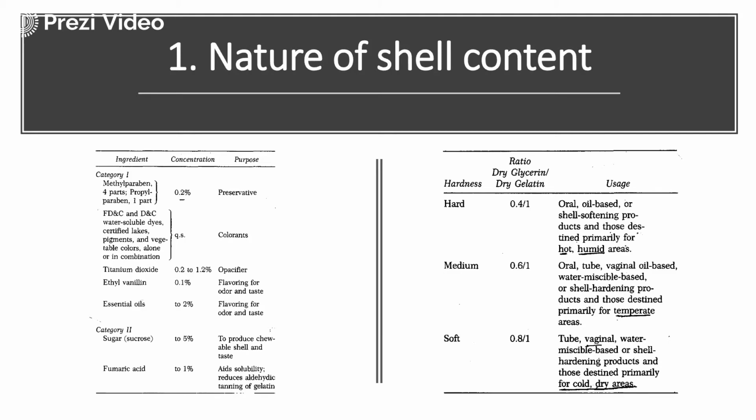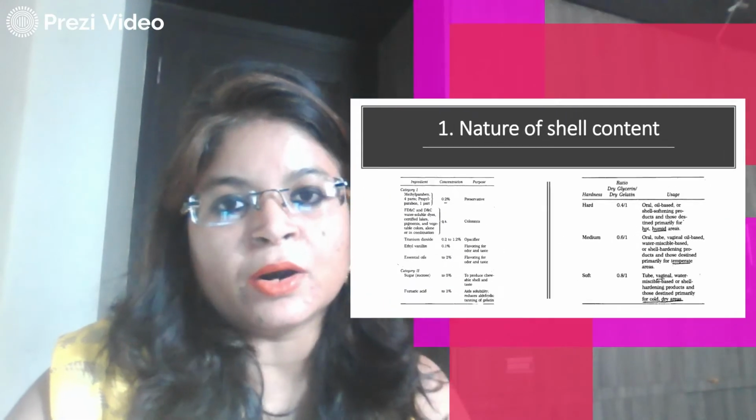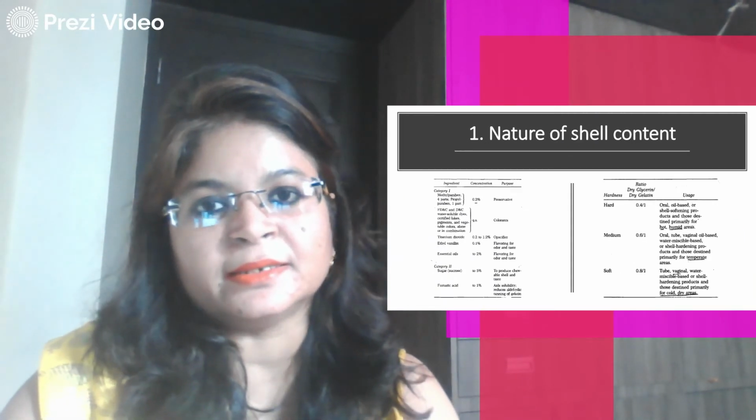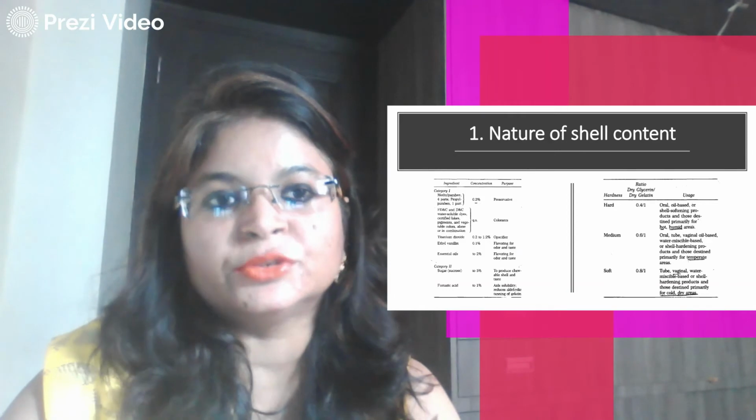The reason is that we are concerned with the bloom strength and viscosity of gelatin more, and these additives only impart certain characteristic attributes which are not that much desired. Then apart from that, opacifying agents like titanium dioxide also have to be used within the specific range of 0.2 to 1.2%. Apart from that, other substances like acids, such as fumaric acid, are also used within the range of 1%. So it must be noted that all the additional substances apart from the plasticizers, gelatin, and water are used below 1%.